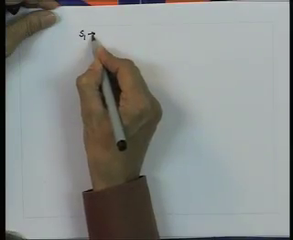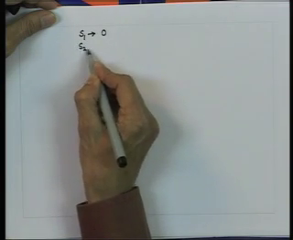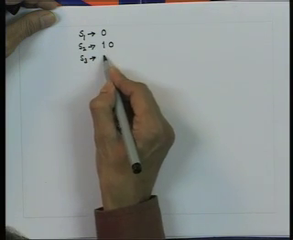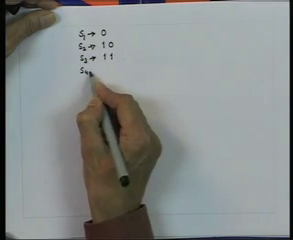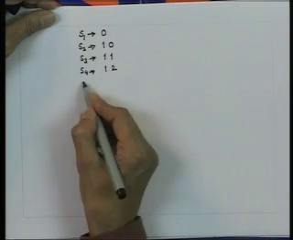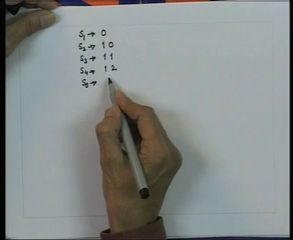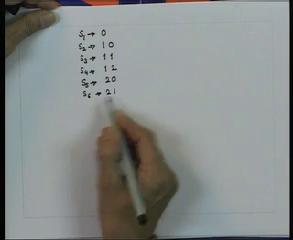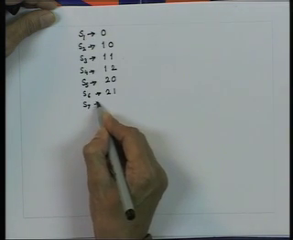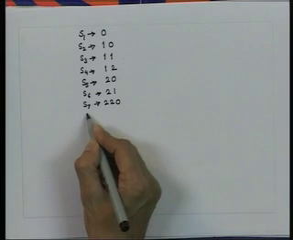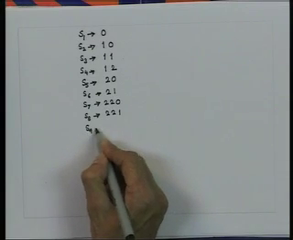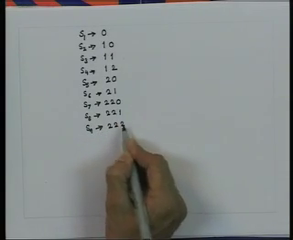So, I can take the first symbol S1, I will assign 0, to S2 I will assign 10, S3 I will assign 11, S4 I assign 12, S5 is 20, S6 is 21, S7 is 220, S8 is 221 and S9 is 222. Now,